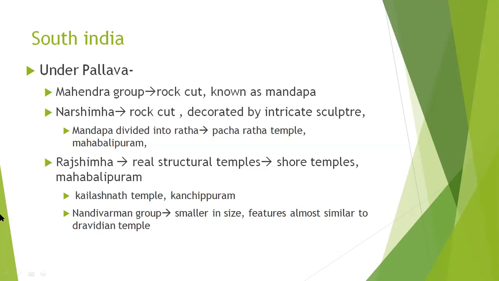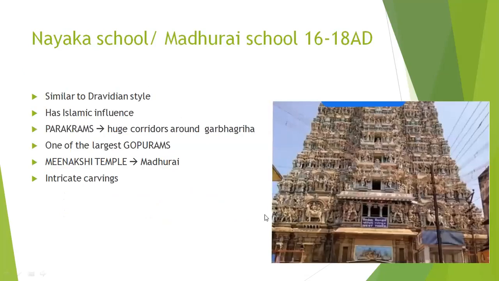The Kailashnath temple at Kanchipuram. Under Nandivarman group, a smaller type of temples were developed. However, these temples were completely similar to the Dravidian type of architecture. Now, further,